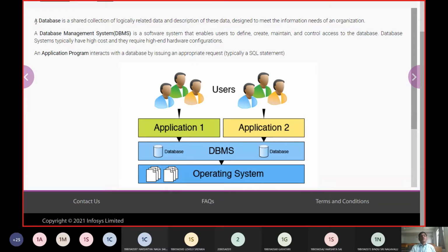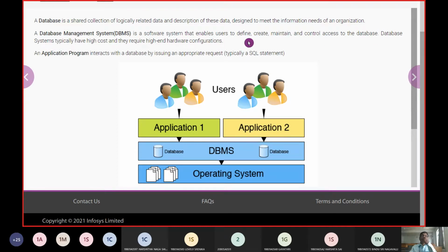Okay, after the database, the next thing was to look into the DBMS. So here is a definition for the database management system. It is a system software because it is purely in control of the operating system. Users are not going to write any program for the DBMS. It is a built-in model which comes with the operating system. Then we install Oracle or SQLite or SQL Server. Therefore, we call that element a system software, and it enables users to define, create, maintain, and control access to the database.